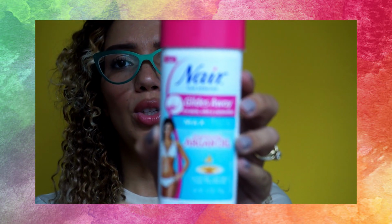I do like Nair. I'm sure it's not the healthiest thing for you, so I don't use it all the time, but when you need a quick fix, Nair is awesome. Yes, it still smells as bad as they typically do,